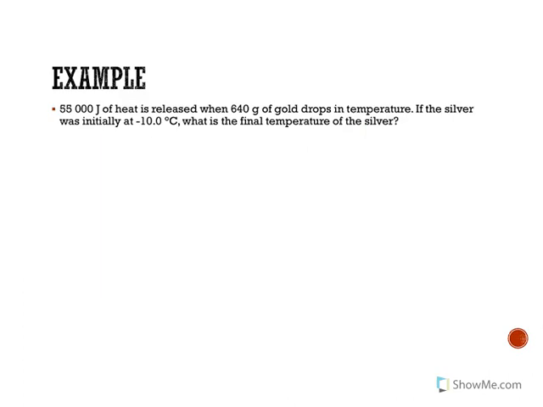And our last example here: 55,000 joules of heat is released. So this is a really important statement here. Joules released, that tells us that we have a negative 55,000 joules. And we need to make sure we make that distinction, or else we're not going to get the correct answer. And when 640 grams of gold, so that's mass, let's change that over to kilograms,